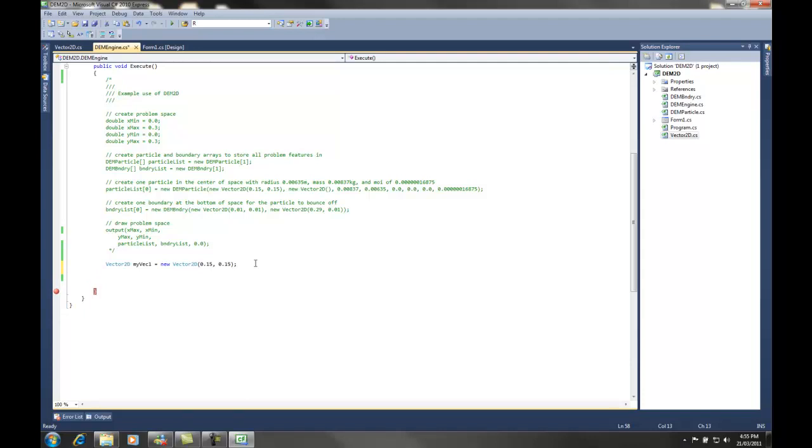Now, the benefit of using classes means that you can actually handle this as a single entity, so as a vector, or you can actually look at the components. So maybe if we wanted to know what the double precision x and y values were, we can do this. If we want to know what the x value is, we can type myvec1 and use the decimal place, and then you get this drop down. These are a bunch of methods that I'll talk about in a second, but at the bottom here we have x and y. So if you choose x and then double y val,